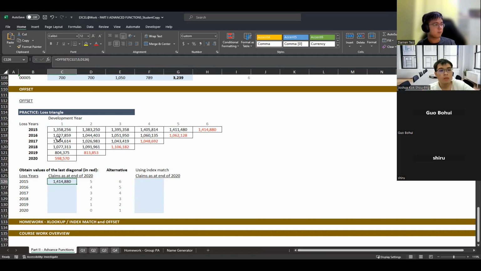If I drag this down, the idea now is that I'm at this particular row and I want to move 4 to the right. And just nice, it is 4 to the right, so I will get this value here, and so on and so forth. So I drag this down and this will give me all the columns that I want. Wow, this makes life so much easier compared to equal to this, equal to this, equal to this. I think you'll get some errors here and there, so it's quite annoying. Okay, so this is how the offset function works.